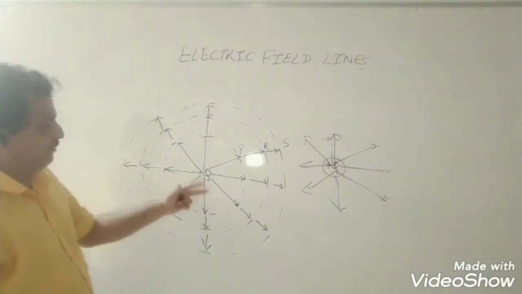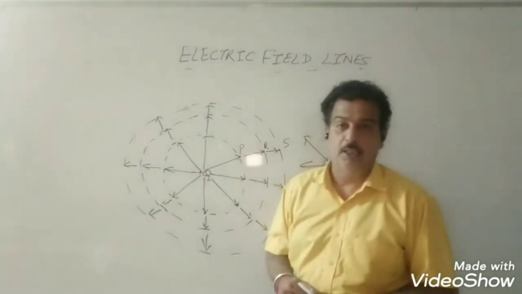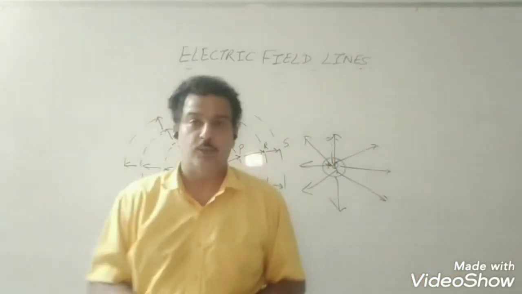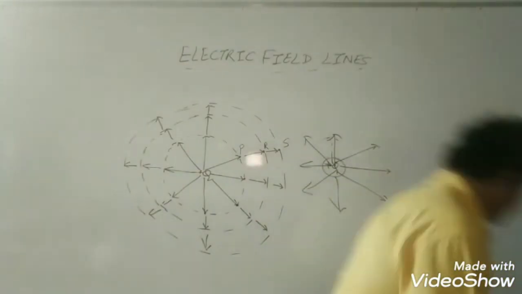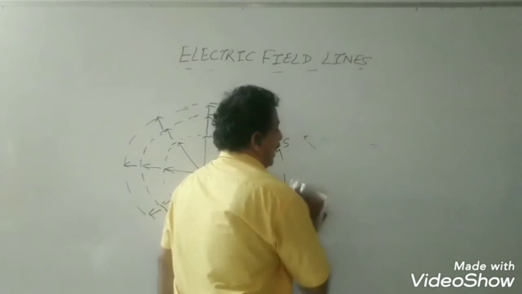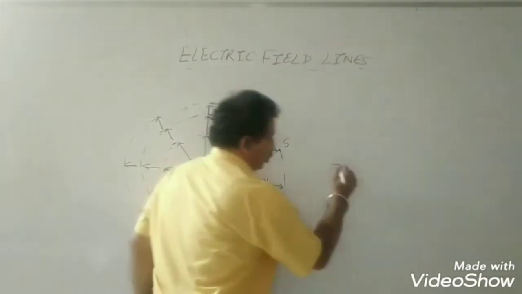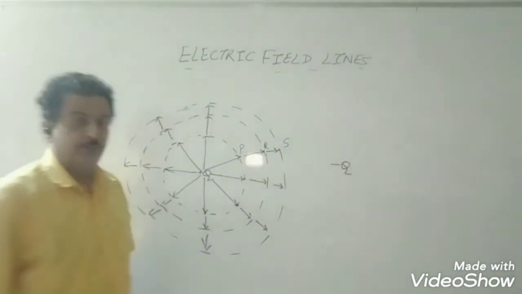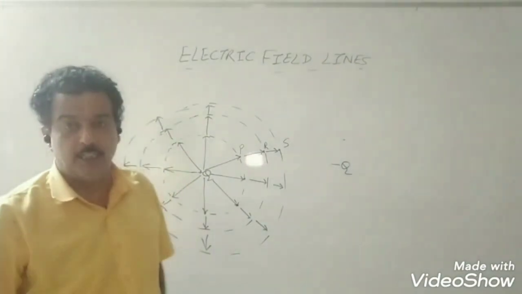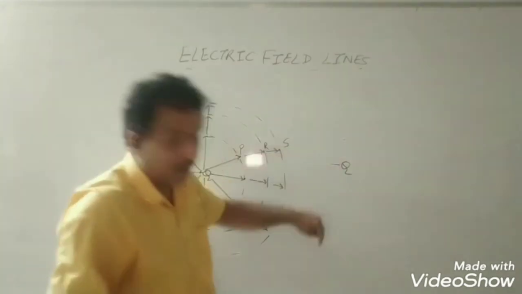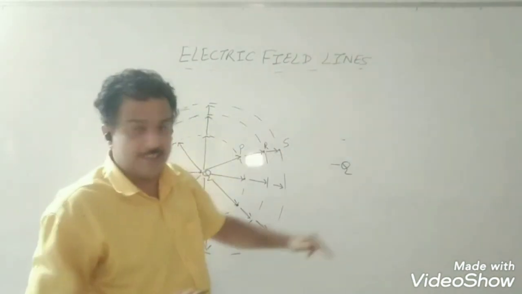So if from a point field lines are emerging out, it means the source is positive, and this arrow indicates the direction of the test charge if it is allowed to move freely. Similarly, we see that if the source is negative, and at a point P there is a test charge, the test charge by convention is positive, so it will be attracted. Even if placed a little farther, it will still be attracted, but the intensity will decrease.